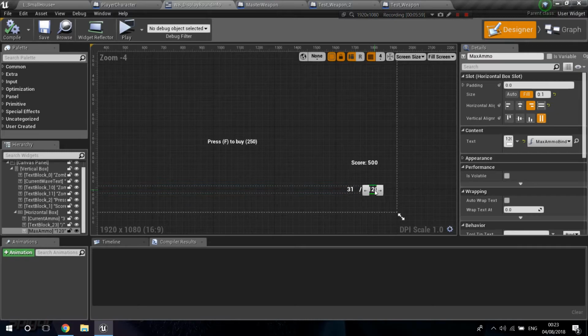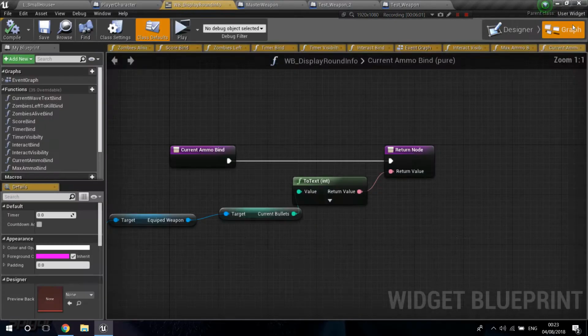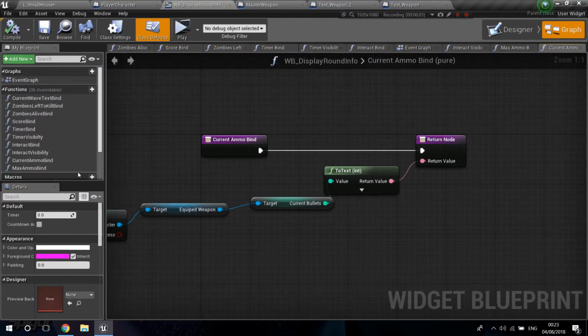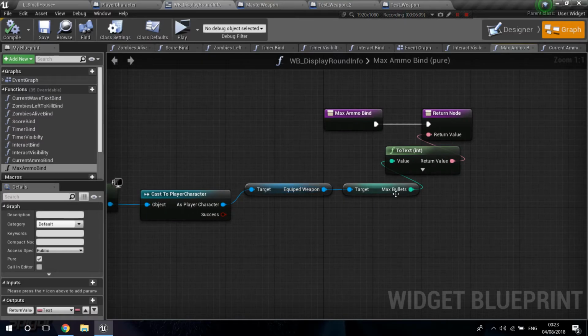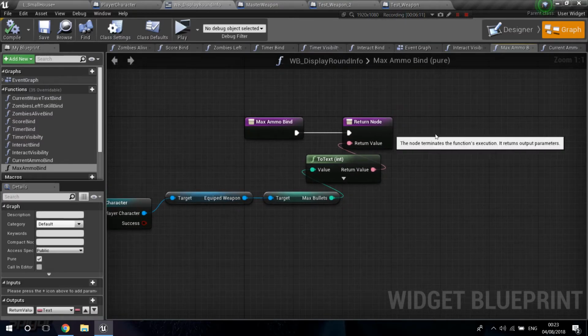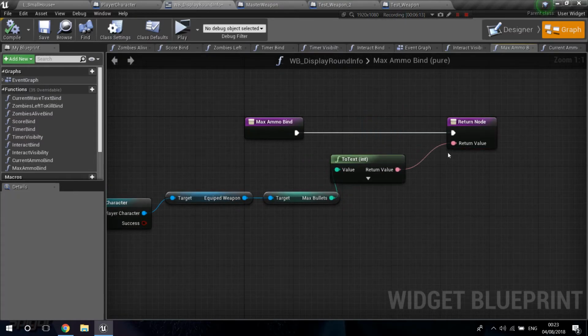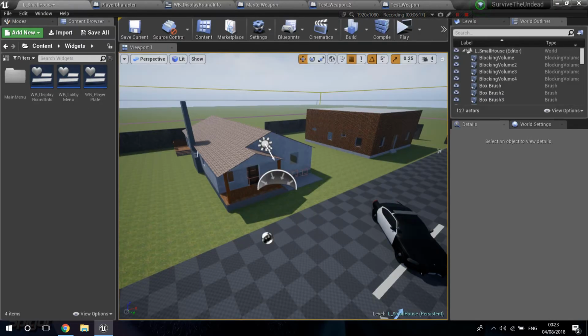Then do the same thing for the max ammo, create a new bind, and your max ammo is going to be basically the same thing. So get owning player pawn, get the player character, get the equipped weapon, but this time we just get the max bullets and put into the return value. If you compile and save everything and you've done everything right, you should, when you play,